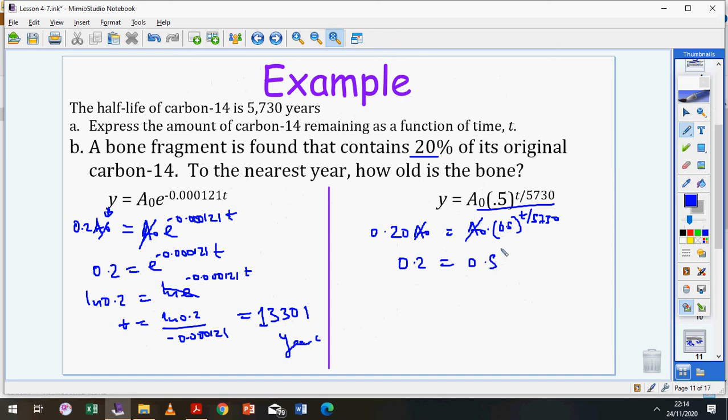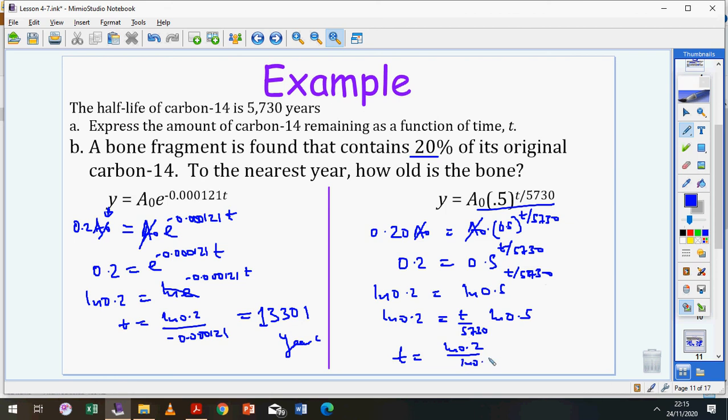Introduce natural logarithm. Natural log 0.2 equals natural log 0.5 to the power t out of 5730, but that power will drop down. So I have t out of 5730 natural log 0.5 equals natural log 0.2. So t, if I simplify, will be natural log 0.2 divided by natural log 0.5 times